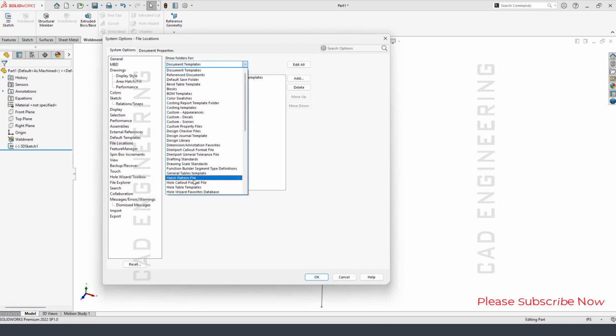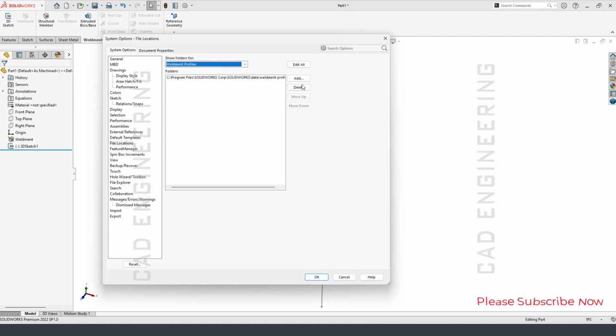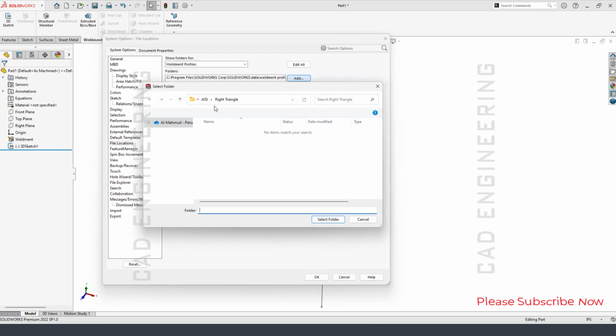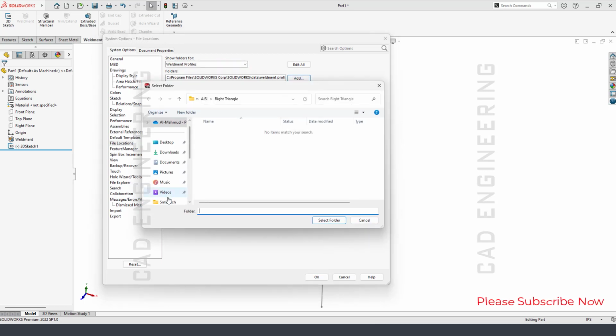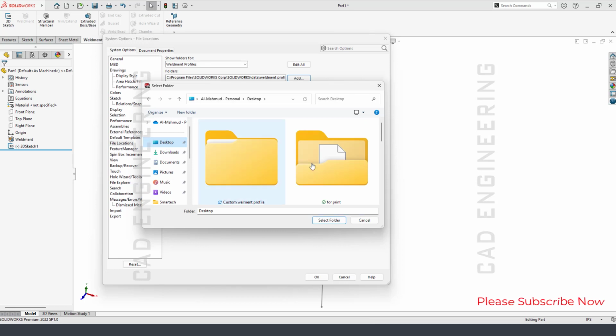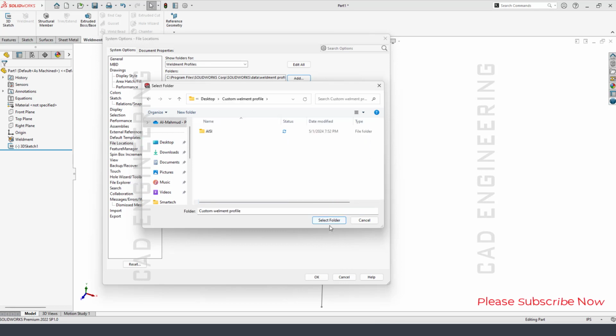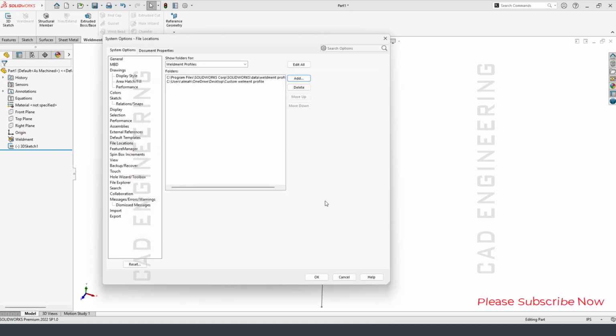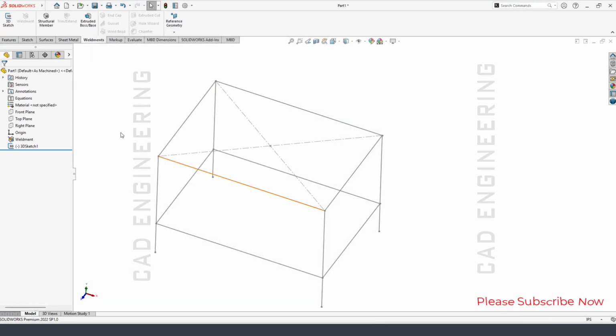It is select weldment profile. Now add custom weldment profile, desktop, custom weldment file. Make sure OK. So now